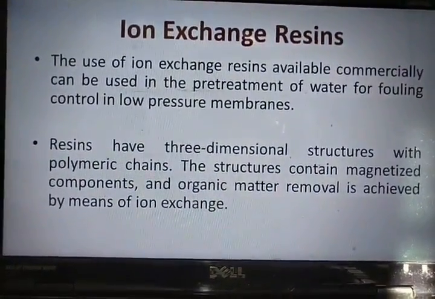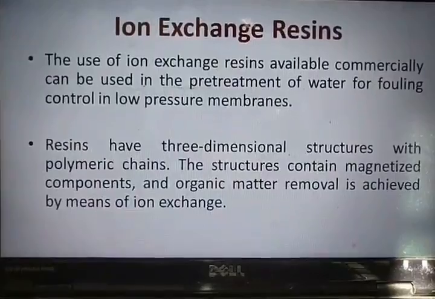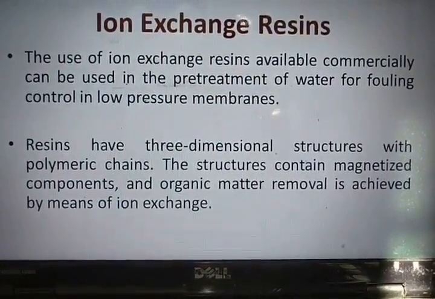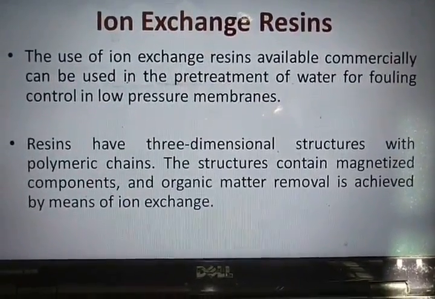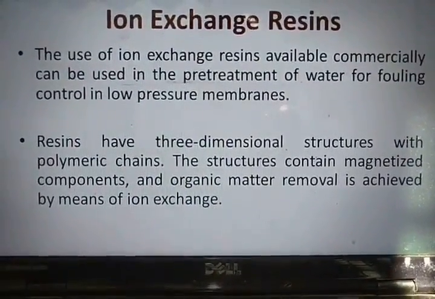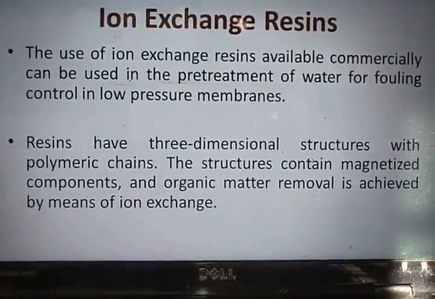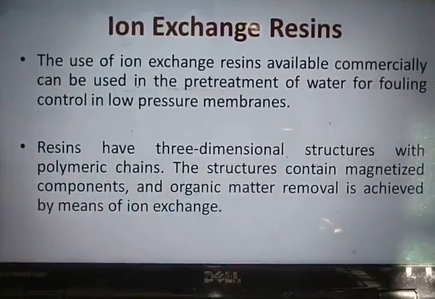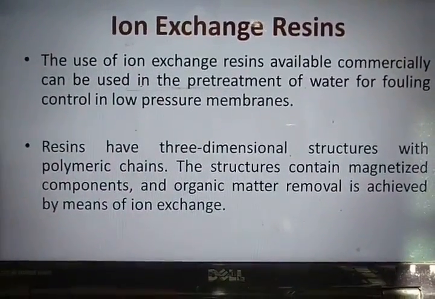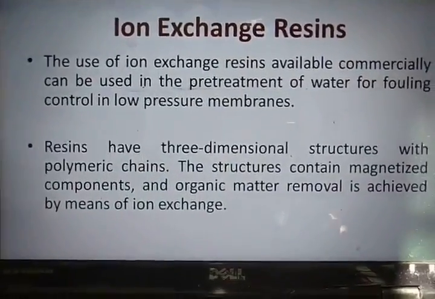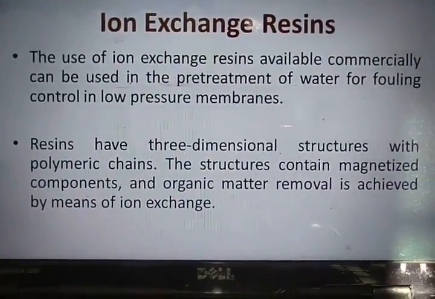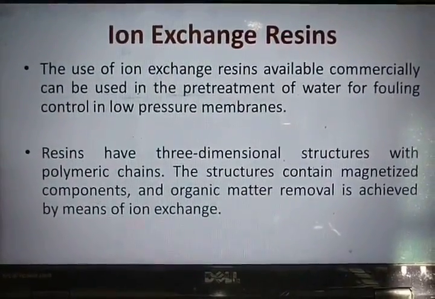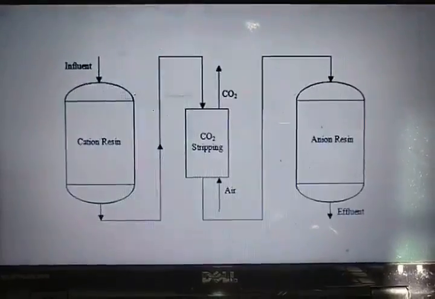Then we also use certain ion exchange resins. These resins have three-dimensional structures with polymeric chains. The structures contain magnetized compounds, and other organic material is removed by the ion exchange process. That means these resins contain cation and anion resin modules. If the water contains highly charged particles in the form of monovalent and divalent ions, they may clog and result in the fouling of the membrane. So we can pre-treat by using this